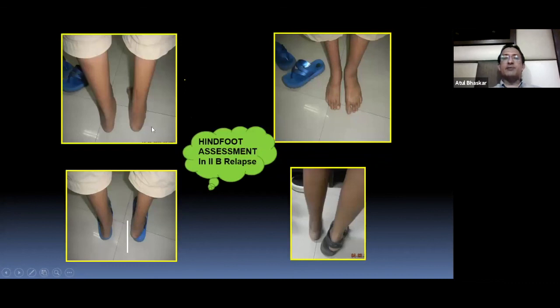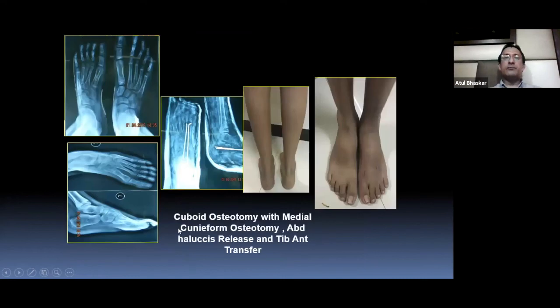So just to assess the relapse again, don't forget to look at the footwear as well. Normally the parents will say that the child's heel is slipping outwards, and this is how I would assess a relapse where there is hindfoot varus, what we call a grade 2 relapse. This is a flexible foot in the forefoot, and the hindfoot is in varus. And you can see the opposite, valgus. This is the valgus foot, which is the overcorrected clubfoot. So always look at the footwear of the child as well when you see these children.